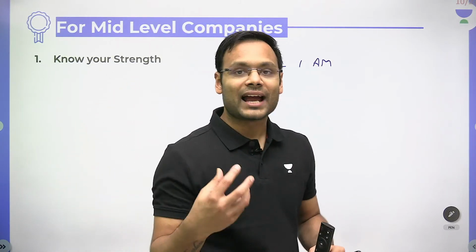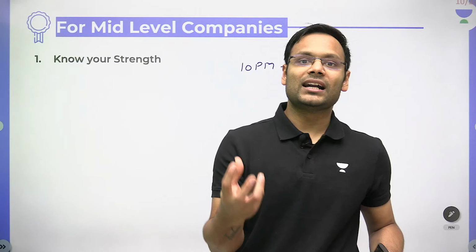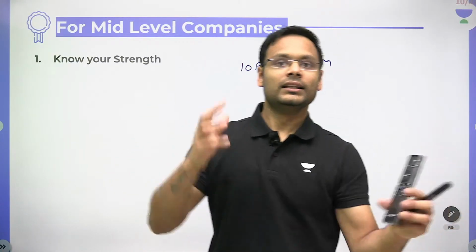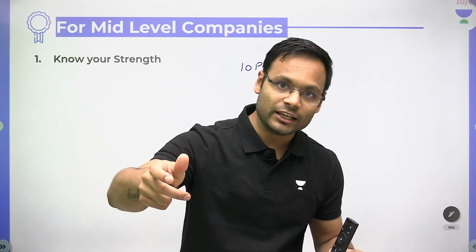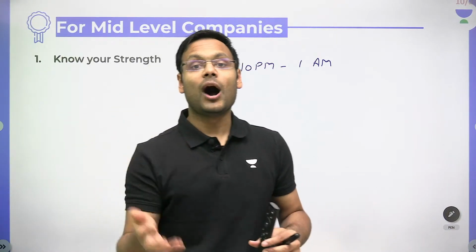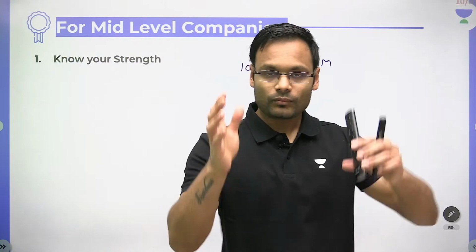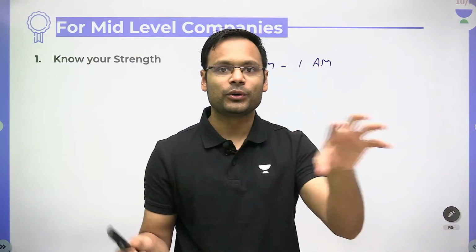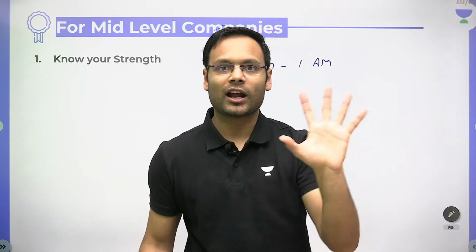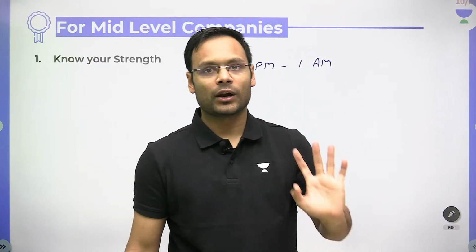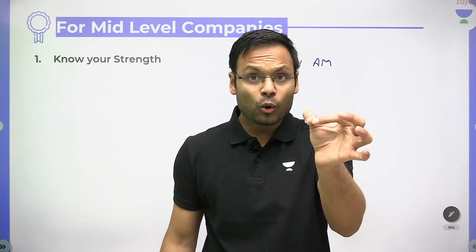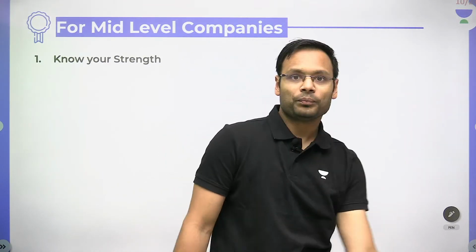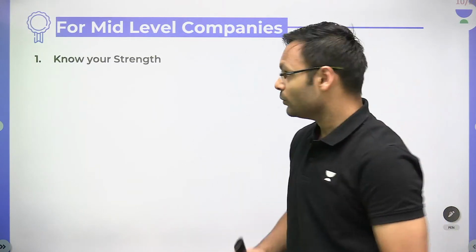Somehow you just decide first that what kind of personality you are having, what kind of physical strength you are having, that your mind can work in the evening or in the morning, how and when and what. Some people cannot do it in one time, so they distribute in 2 times. Early morning also 1 hour, 2 hour, in the late evening also 1 hour, 2 hour. Fine. Know your strength first. पहले अपनी स्ट्रेंथ को जानो कि कब आप पढ़ाई कर सकते हो.